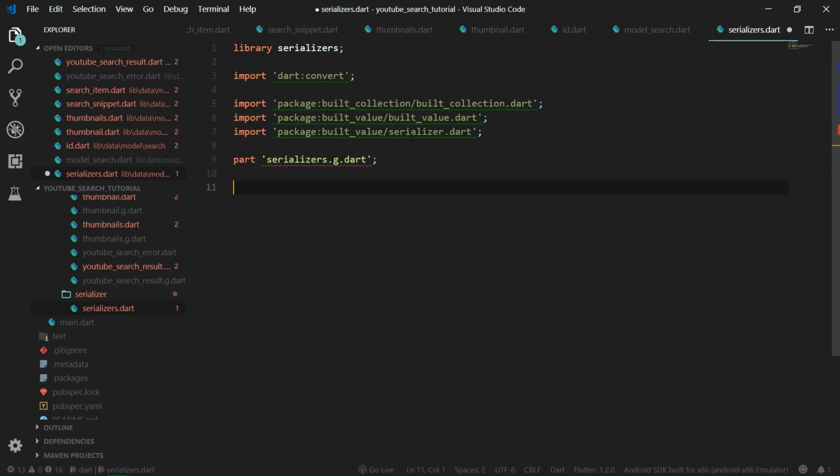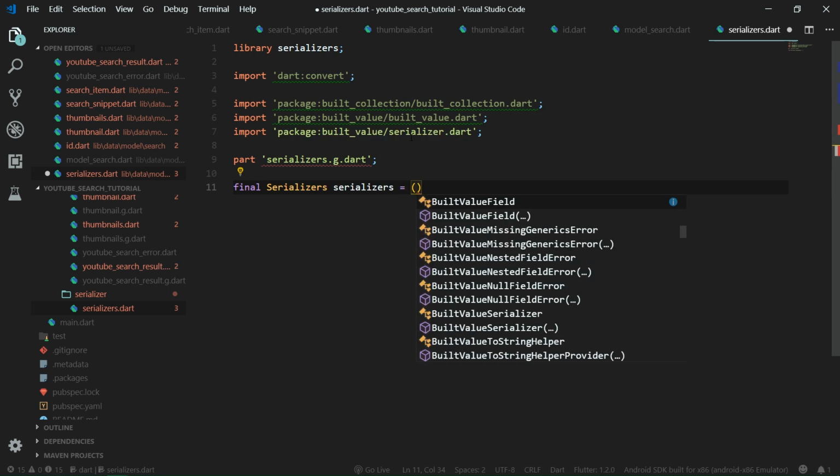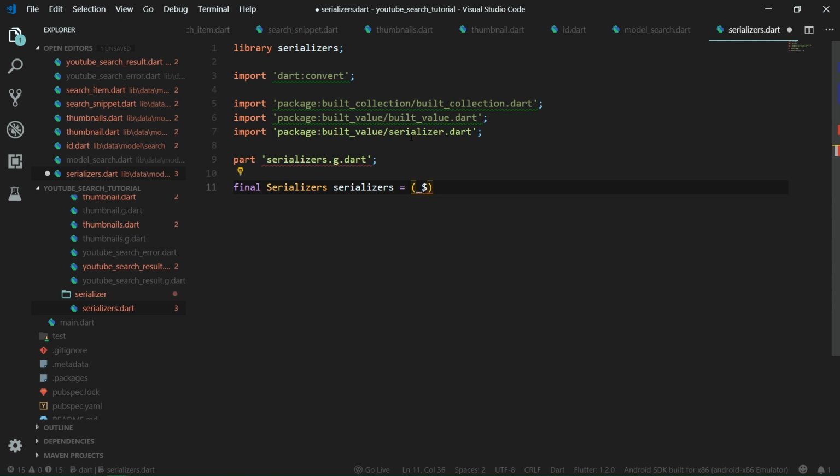And this file will hold only one top level property, final serializers, called serializers, and it's going to be equal to underscore $, so the generated field serializers. We want to convert it to builder, and on this builder, we want to add a plugin, but just so that we can see the IntelliSense, we are first going to put an underscore semicolon at the end